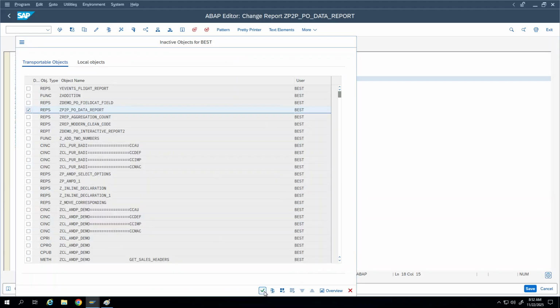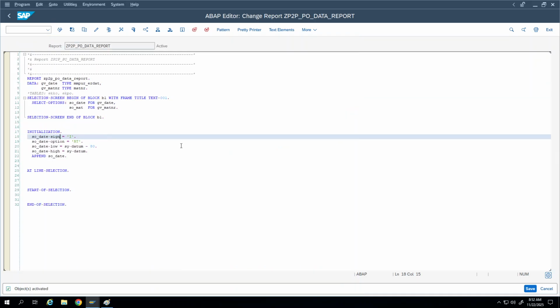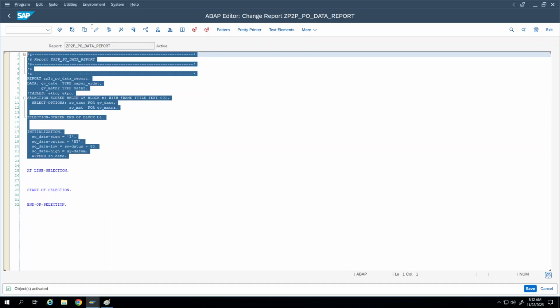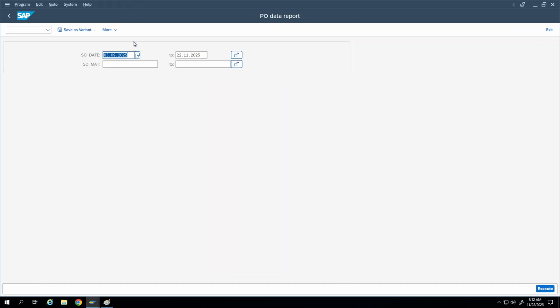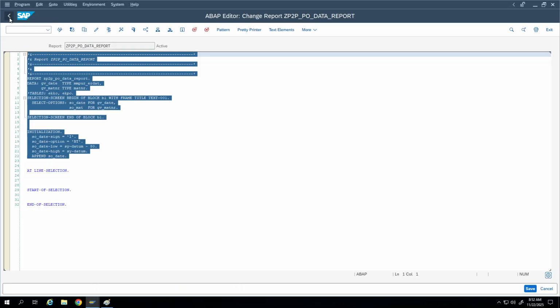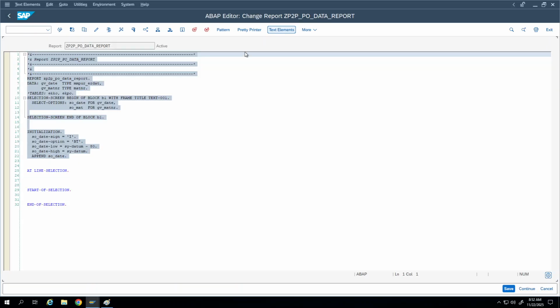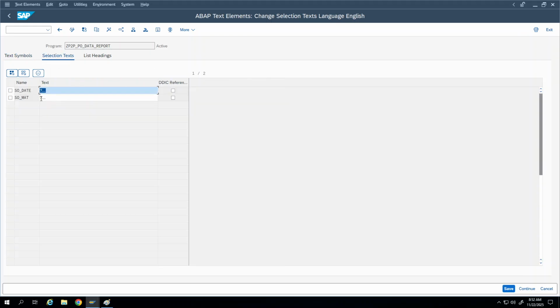Activate. Let's test the program. The program is not yet completed, but let's test the selection screen logic, whether it is working properly or not. It is working, right? It is displaying the required input. Okay, what is missing? We need to add selection text for the input parameters. Text elements, selection text,